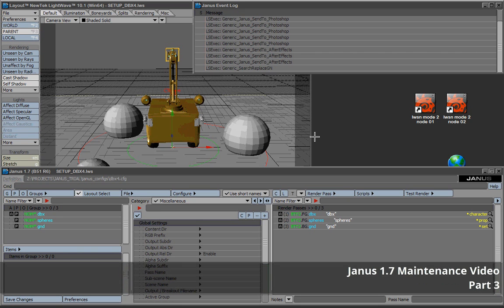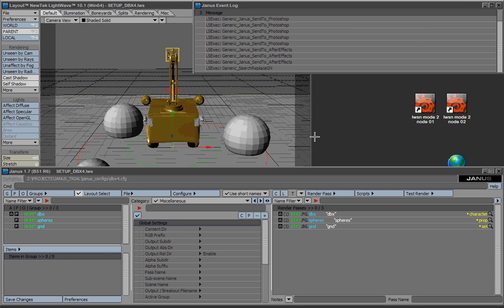So this is part 3 of the maintenance video of Janus, and what I'd like to talk about is the script system that I've implemented to replace the module system of Janus. And the script system is basically executing external scripts on a particular render pass. Now there's pretty much some documentation on creating scripts if you wish to create them, but what I've done, I've